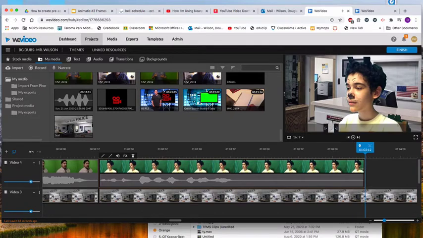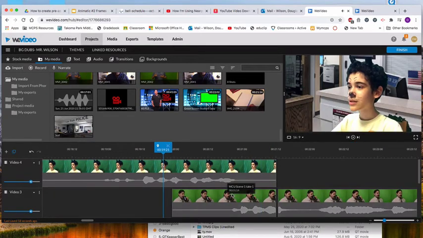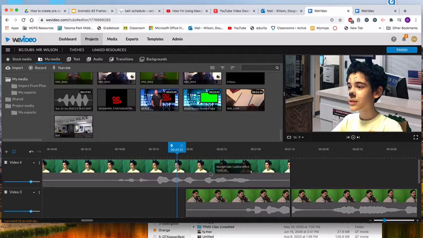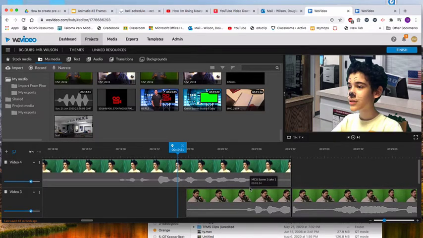So this is how we can overlap audio. We're going to hear me before we see me, and for students who know what L cuts and J cuts are, that's what this is. It doesn't matter whether it's an L or a J cut, but it's good to overlap audio. We're going to hear me before we see me, and he gets a little bit cut off. He says, what does even a me? And he gets cut off.